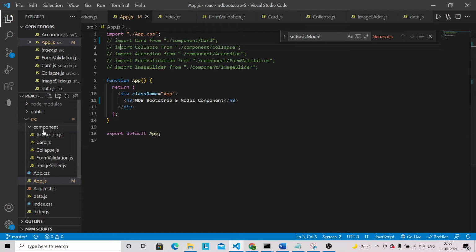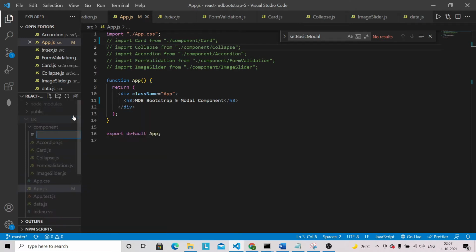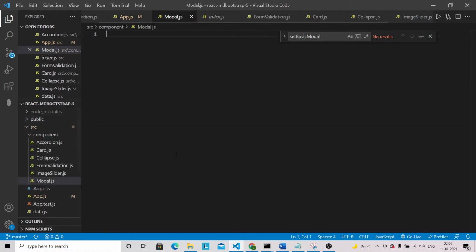So let's create one file here in the component folder, where we are going to build all the different Bootstrap 5 components. In this video, we are basically building the modal component only. I have created this modal.js file, and I'm going to generate a React snippet.